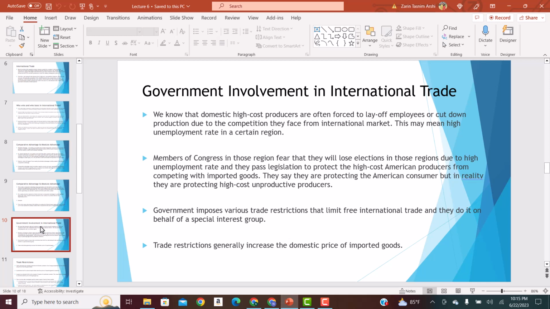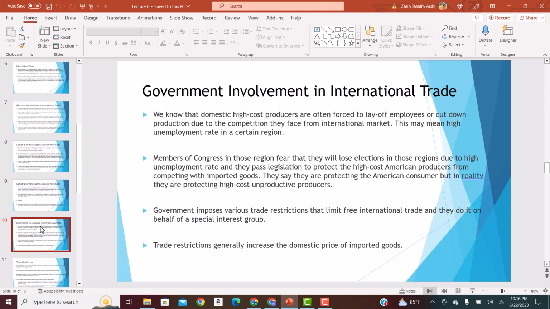If there are no trade restrictions, then it's going to create the most efficient market with international trade. But because the government fears they may lose some of their votes and some of the patriotic people may not support them, that's when they start defending high cost domestic production, and protest against international trade, and they impose policies such as trade restrictions that would limit international trade.